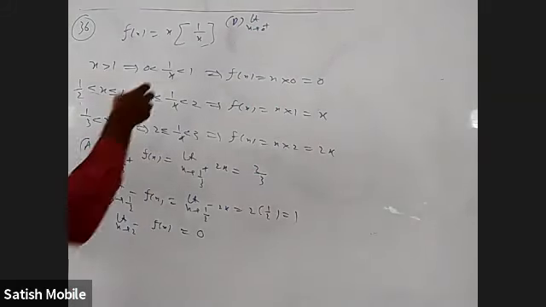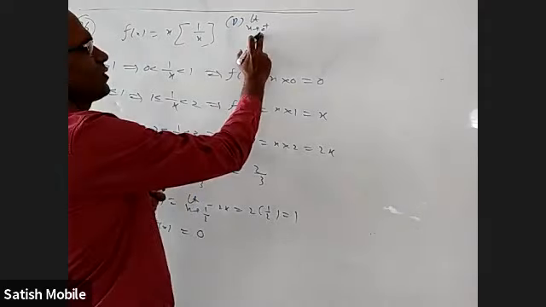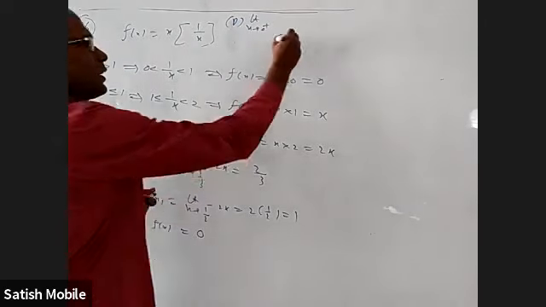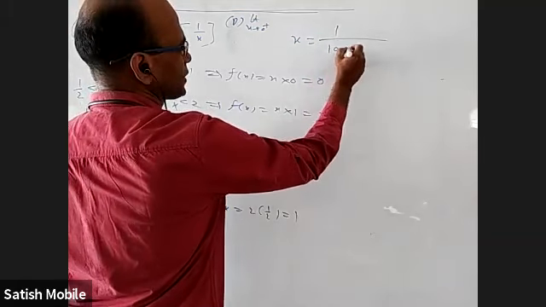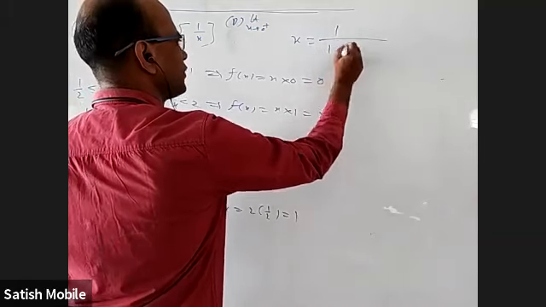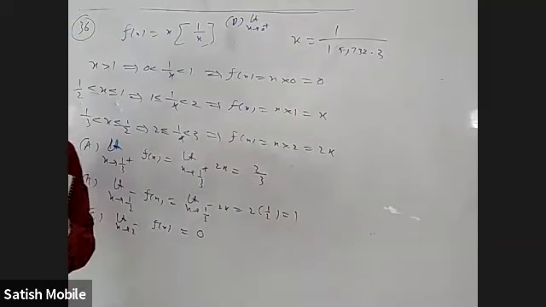So somebody may just see this, cancel and write 1. It may be, but that is not the proper way to explain. But that is somewhat right in a different way. I'll explain how. I'll take x very, very small, very close to 0. Let me take x equal to 1 by 10,000, or let us say 15,000.